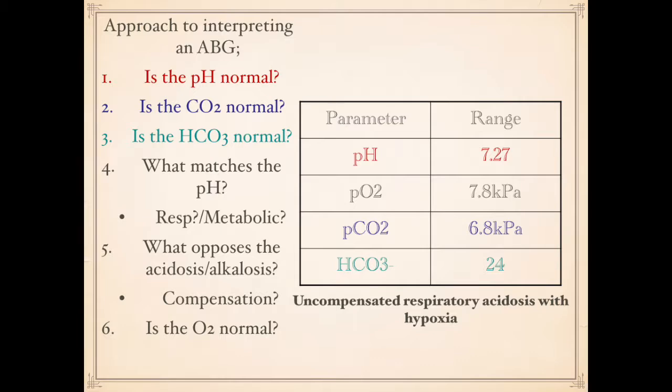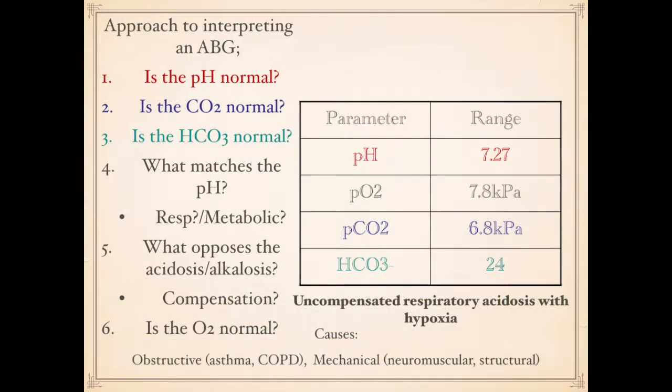Probably something that's more acute, because the metabolic processes haven't caught up yet. When you say metabolic process, can you talk a bit more about the parameters there? The bicarb is still within normal range, so if it was to be compensated, I'd expect it to be raised to balance out. Absolutely. Then you expect something like partial compensation, and if the pH is brought back to normal, then you talk about complete compensation. Does that make sense? Does anyone want me to go through that? Okay. Yeah, that's fantastic. And we've got hypoxia as well, because like we said before, don't forget that. Okay.